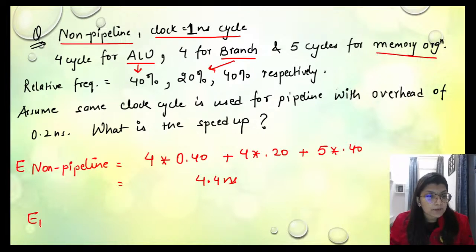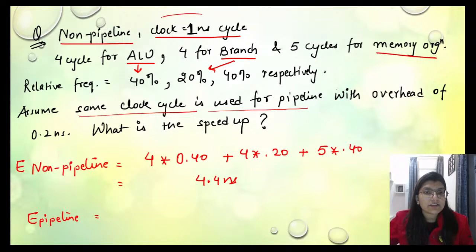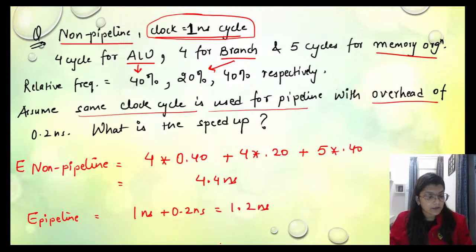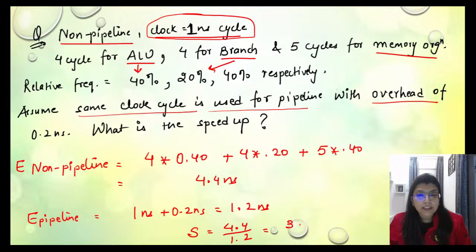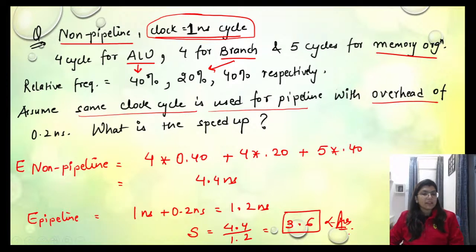Now what about pipeline? अब pipeline का कैसे calculate करोगे? So वहां पे they are clearly saying assume सेम क्लॉक साइकिल इज यूज्ड फॉर पाइपलाइन, मतलब कि ये वाली चीज, सिर्फ और सिर्फ ये वाली चीज, क्लॉक साइकिल भी सेम, जो पाइपलाइन है आपका वो भी सेम क्लॉक साइकिल यूज कर रही है, मतलब कि 1 नैनो सेकेंड बट विद ओवरहेड ऑफ 0.2 नैनो सेकेंड्स। सो ये हो गया आपका 1.2 नैनो सेकेंड्स। सो जो आपका स्पीड अप आया, स्पीड अप विल बी 4.4 डिवाइड बाय 1.2, दैट इज इक्वल टू 3.6। सो जो हमारा आंसर हो जाएगा वो हो जाएगा 3.6।